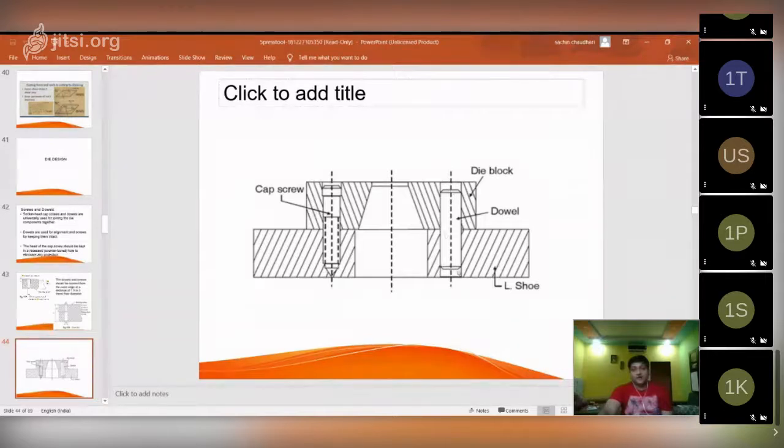And this is the dowel, shown here. It guides the proper location of the die block over the bolster plate or shoe. So in this way these screws and dowels are designed, or required, in a die block.